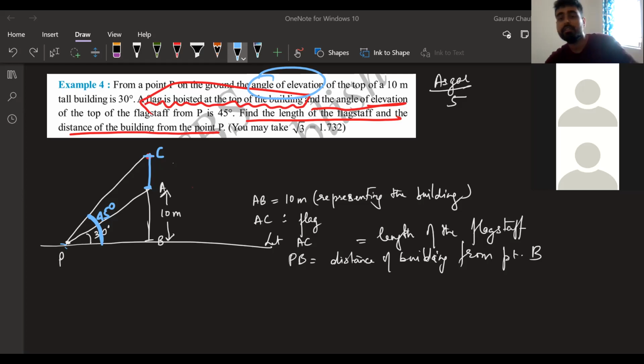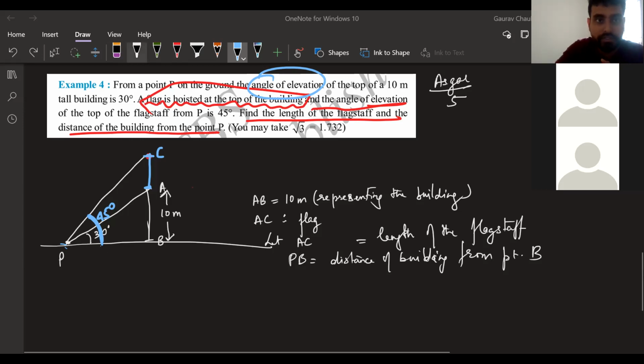Horizontal means the line is parallel to the ground. So you draw one line parallel to the ground, or whichever line it is, though in most cases you don't have to draw it. That line and where you're looking to see. This is the trick: imagine yourself at point P, think where the ground will be, where the parallel to the ground will be. That's the horizontal.